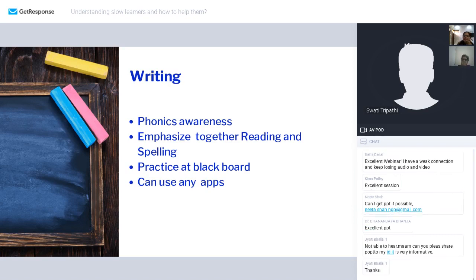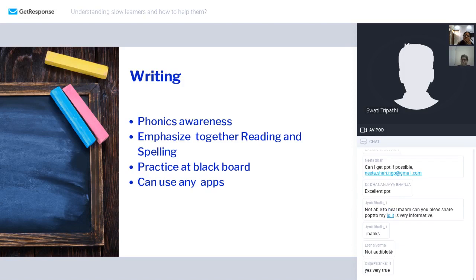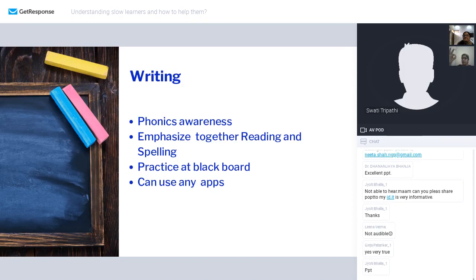In Hindi, you can highlight the matras because many people have reading problems in these matras. You can join the index finger and the thumb, and when you have to read pa, then you can say pa. If you open the index finger and the thumb, he will read it as pa, and remember to read it with the matra. For writing also, you can do the same thing.